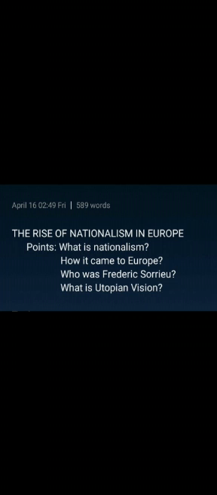Now, the second question, as the name of the chapter is The Rise of Nationalism in Europe. So, how did it come to Europe? It came to Europe from France. As we have studied in the French Revolution, it was in 1789, and France became a territorial state. It became a republic. So from France, we find nationalism spreading towards Europe and into different countries of Europe, and slowly all these countries became nation states.